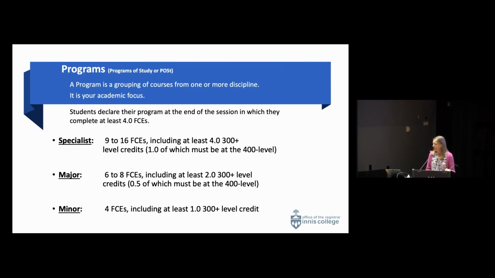It is the grouping of courses from one or more disciplines. This is your academic focus. This is what you came here to do. So when people ask you, what are you going to U of T to study? I'm going to be a biologist. So biology is your program. Or I'm going to go into international relations. That is your program. So when you were admitted into a broad admission category,